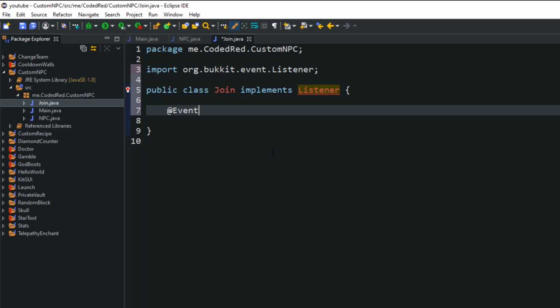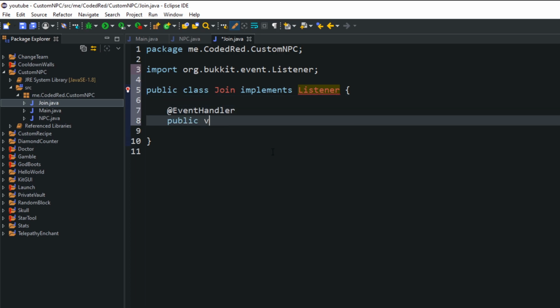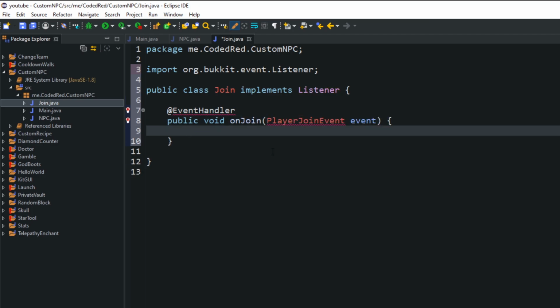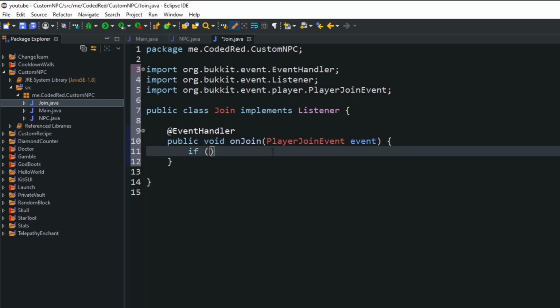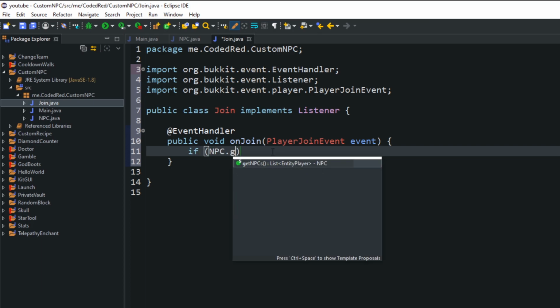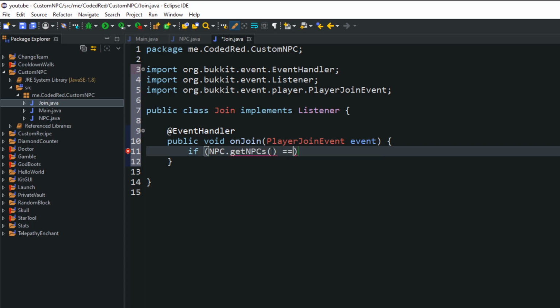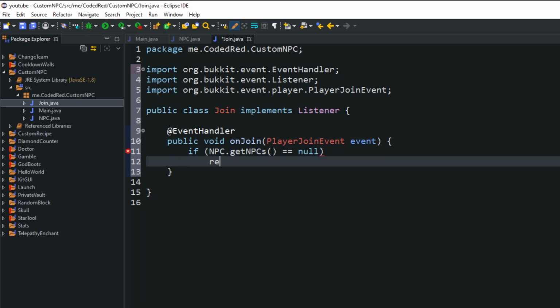Next, I'm going to say @EventHandler, and this is how we handle events. Public void onJoin, and there's the PlayerJoinEvent. What we need to say in here is if NPC.getNPCs() equals null, return.